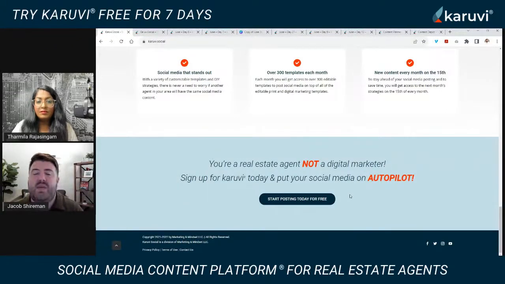I see teammates after teammates spend $400 or $500 a month for companies to post for them, and we find spelling mistakes in their stuff. Their heads are cut off. It's not even good quality content, and their page turns into a real estate magazine page, and it doesn't even look like their feed, and people are just going to skip over those posts.